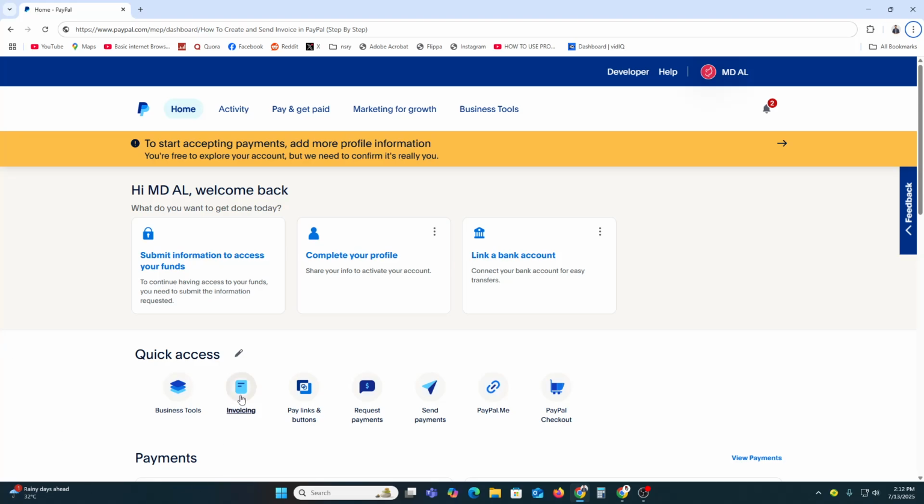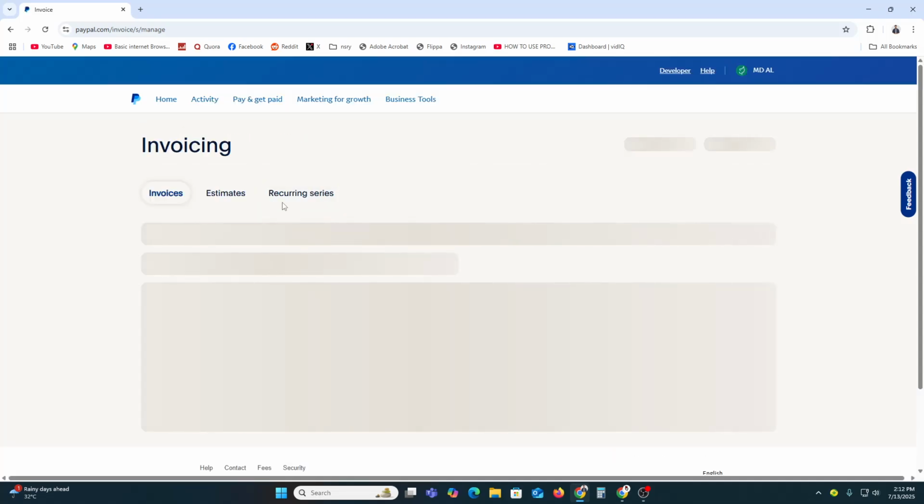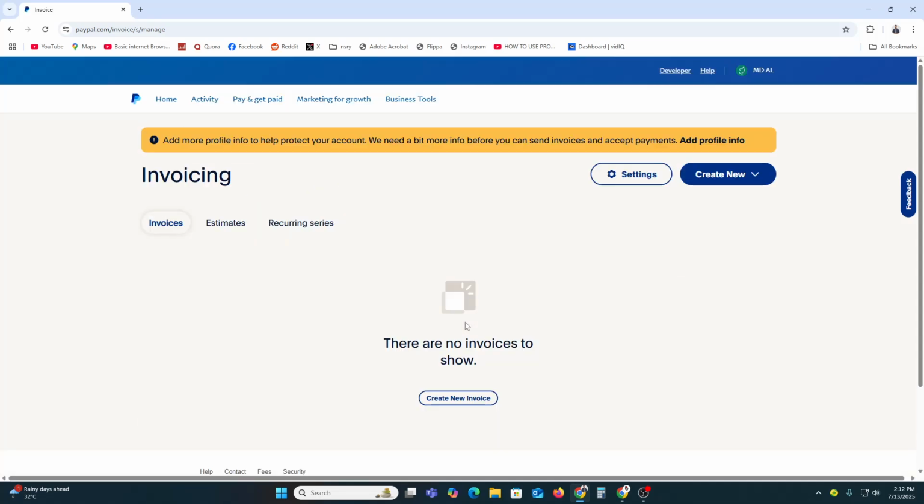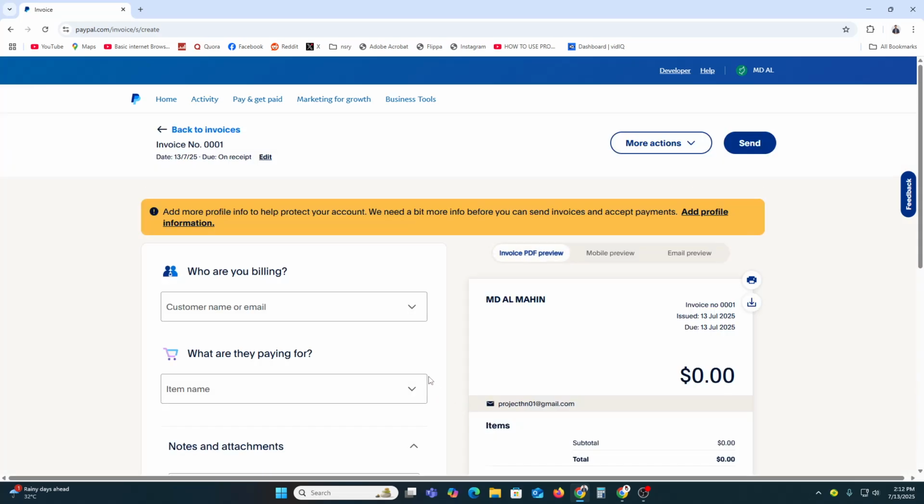First of all, you just need to go over here into the quick access section and you will find this invoicing option. You just need to select this one. Once you click there, it will redirect you to the next page where you can easily create a new invoice. So here you just need to click create new invoice,